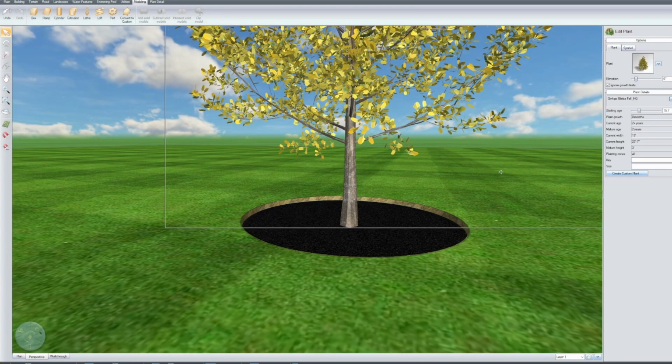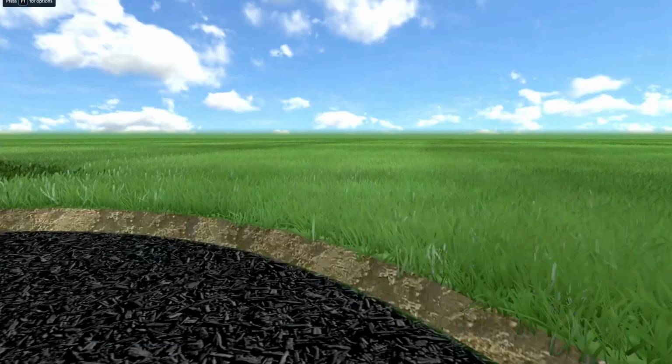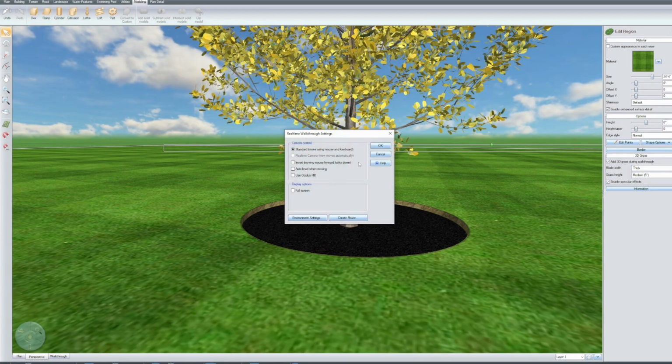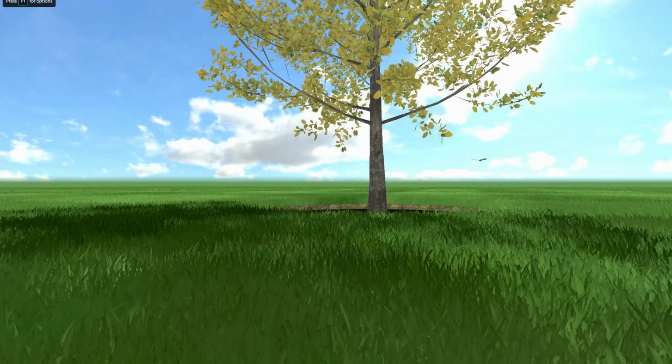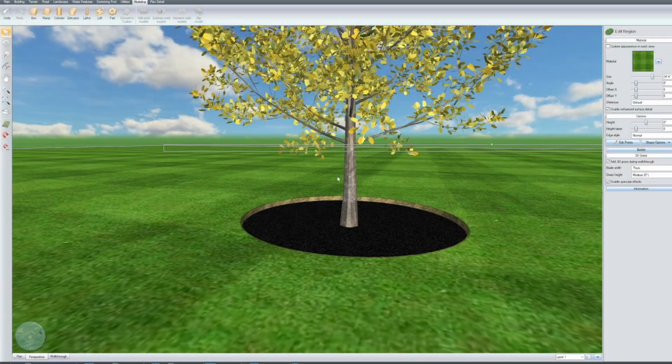Now, it all depends on the type of grass that we have in our grass region here. So I'm going to bump this up to maybe medium, or let's go thick. And let's go even short with 3-inch grass. Back to walkthrough. And now you can see the grass is starting to fill into the tree ring here. All right. So the bigger the grass is, the more it will start to spill over. So depending on what the needs are, if we wanted to get rid of a little bit of spillover,